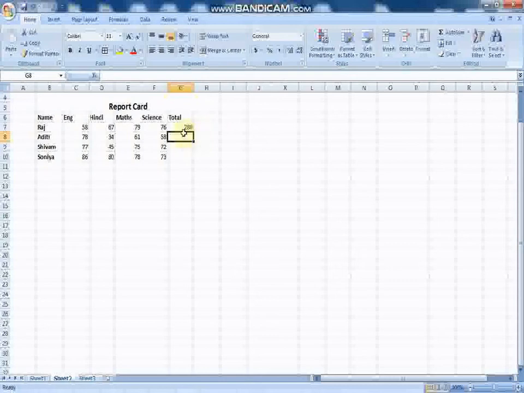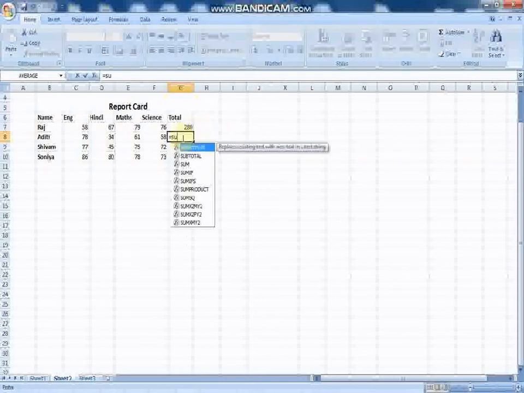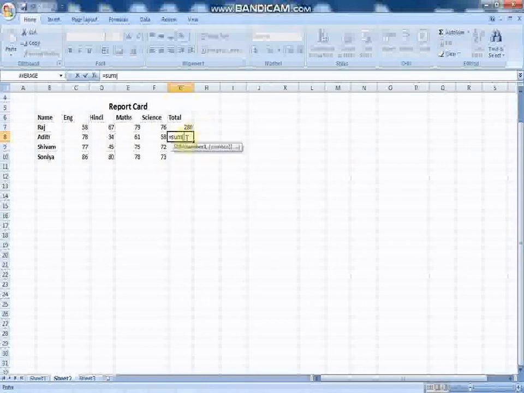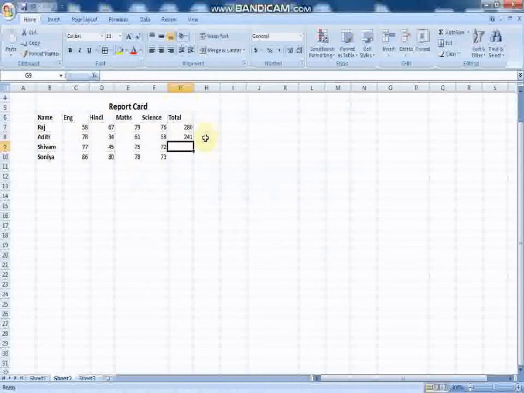See, done. Again I am writing the equal to sign and then SUM, opening the bracket, then writing the first cell number till the last cell number. Like this also you can do it, close the bracket, enter.